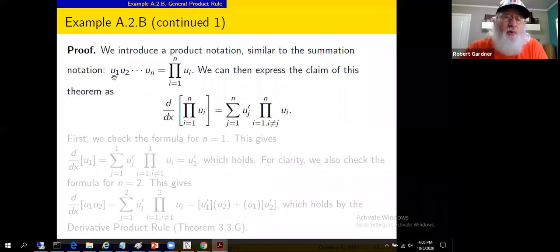And we could write the product of u1 through u sub n as a product from i equals 1 to n of u sub i. Okay, so it's just like the summation formula, except instead of summing, you multiply. Then we can express that